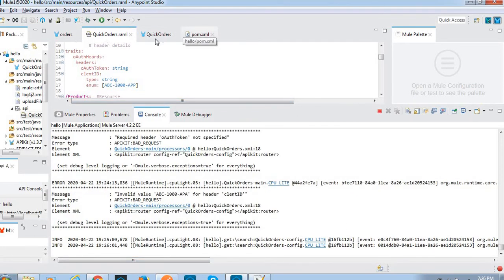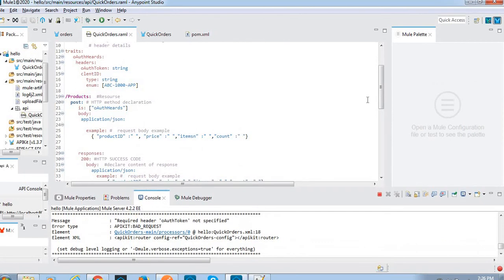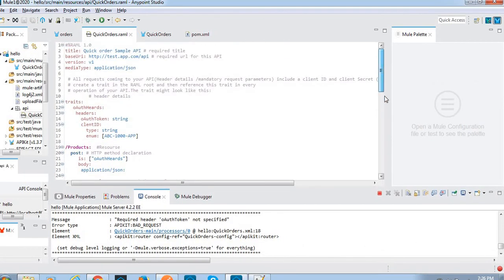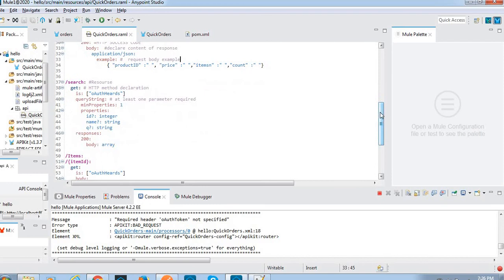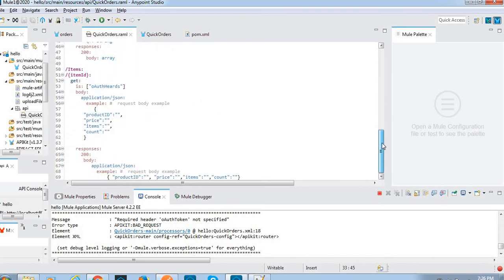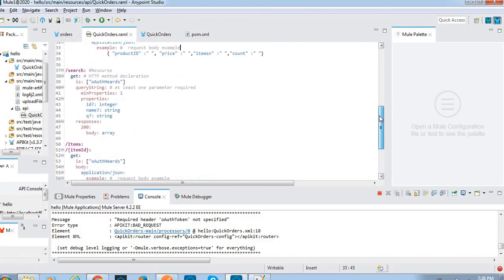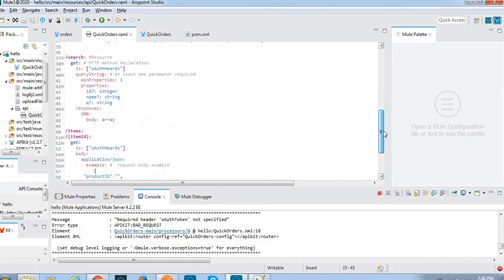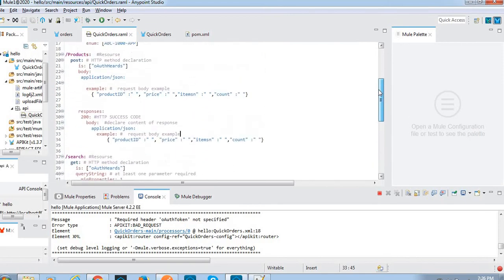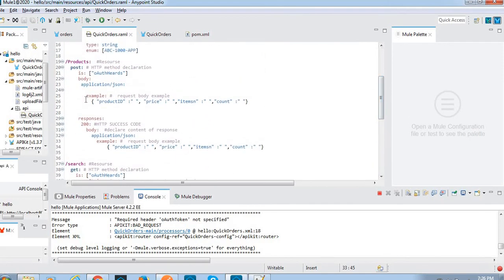Okay, this way we can create the RAML file from scratch, and we can implement the API kit router, and we can make calls to this API kit router using Postman, get method and post method. For post method we have to provide the body.